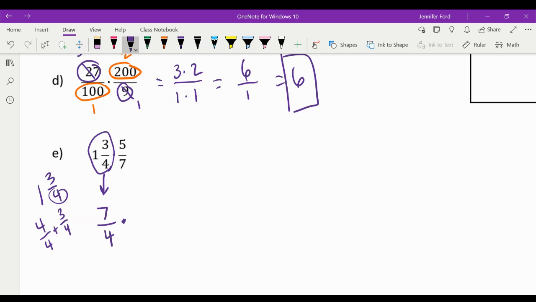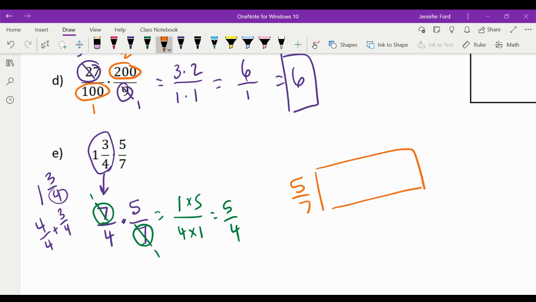Okay, so we're multiplying that times 5/7. We can use our trick now. 7 divided by 7 is going to be 1. So it's going to be 1 times 5 in the numerator. 4 times 1 in the denominator. 5/4. You could technically, I suppose, think about this multiplication as an area model,